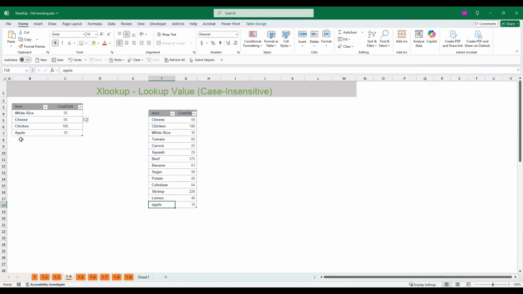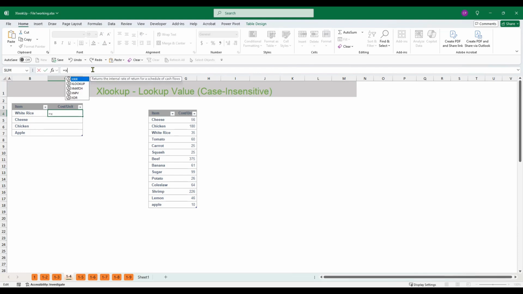Let's say if we're looking for an Apple with a capital letter A, we should find in our lookup array here an Apple with a capital letter A. If it's a small letter a, we should not find a match. Let's delete our formula. We are going to have a different formula. In the formula bar, equals XLOOKUP, tab. Our lookup value is typing TRUE. Later on, we will discuss why we are typing in TRUE. Comma, then EXACT.